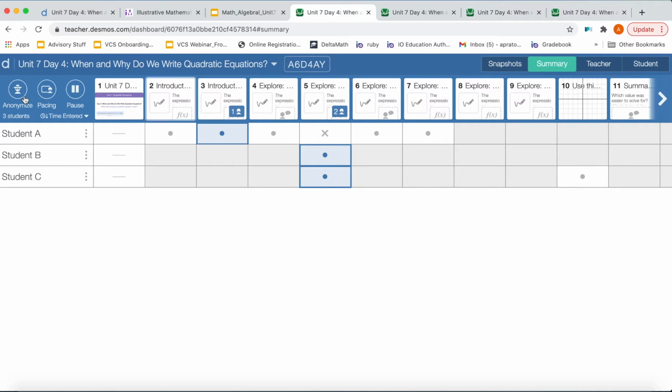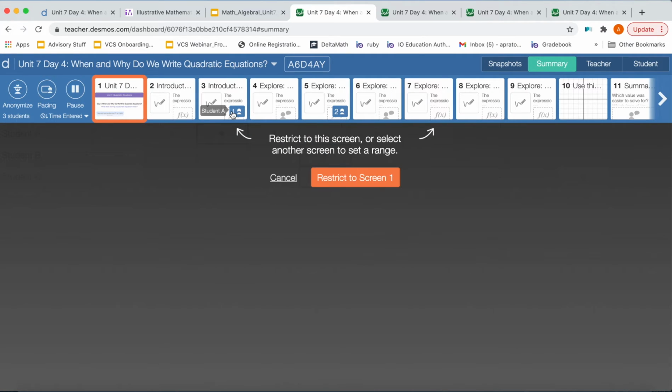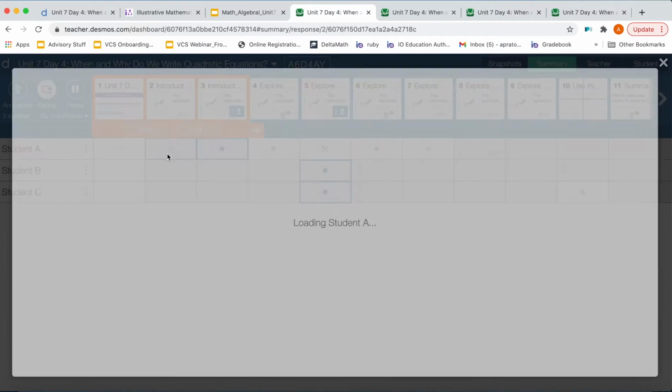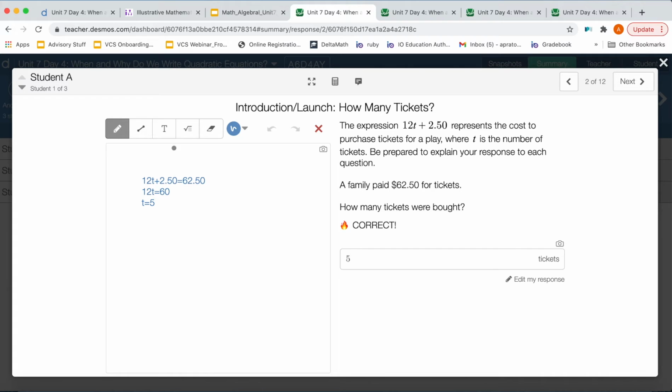So when the class is starting off, I only want students focused on the introductions. I'm going to pace from slides 1 through 3. When I pace the lesson, that means that students can only work on and see slides 1 through 3. During that time, students are working. I have this screen on my end, and I'm just going to leave comments and look at students' work. The launch for this lesson asks students to figure out how many tickets were bought